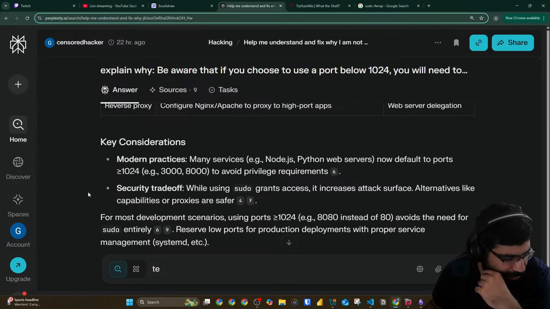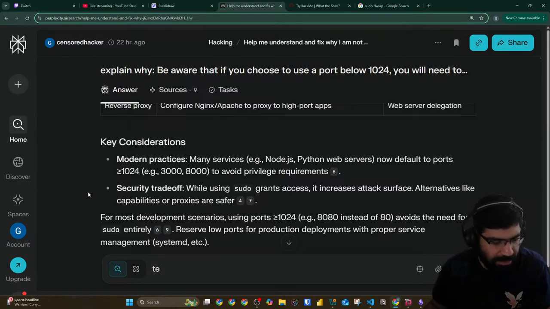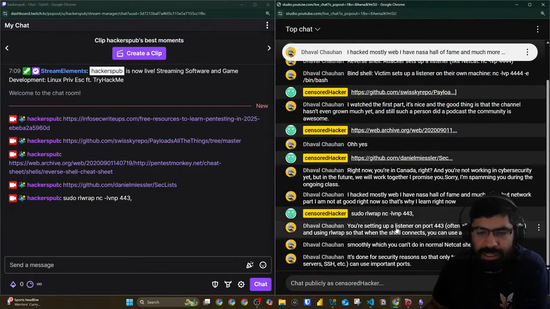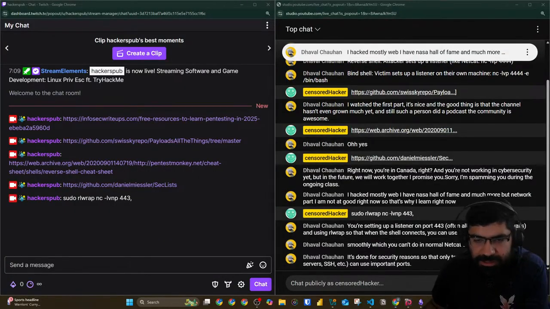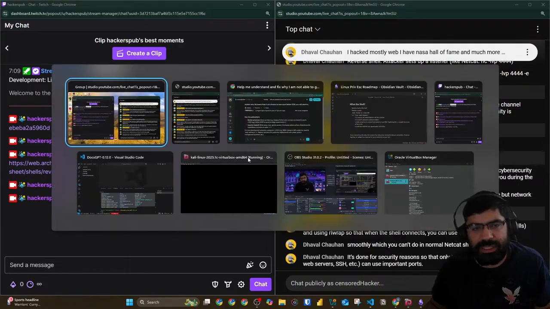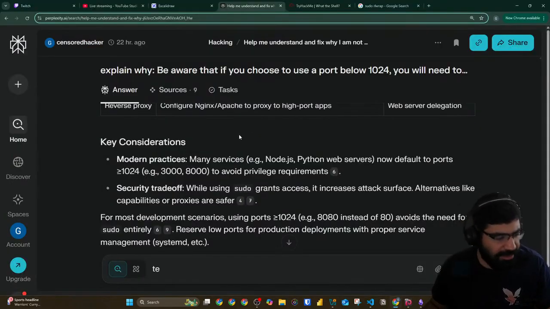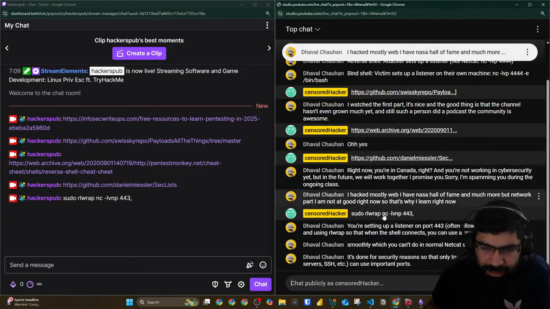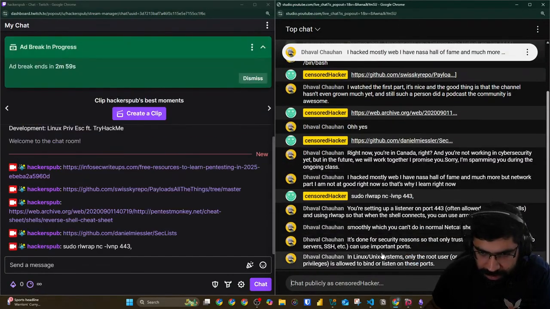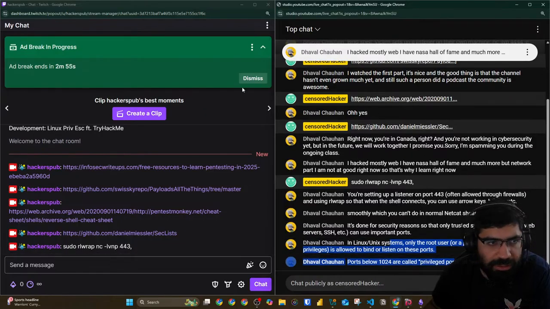This is amazing. I had no idea. It's done for security reasons so that only trusted systems like SSH can be important. Yeah, that's amazing, right? In Linux Unix systems, only the root users